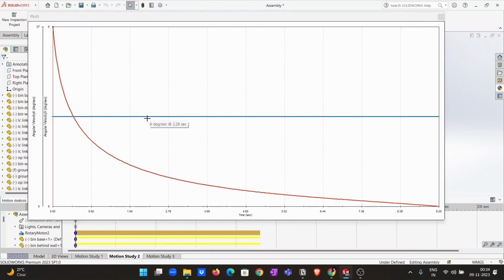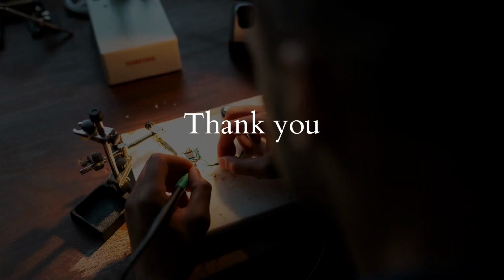And at last, this is the plot of angular velocity of bin tilt and the angular velocity of lock, showing how the locking link is rotating with respect to the bin tilt. So you can see the red graph denotes the locking link angular velocity, and the blue line denotes bin tilt angular velocity. That covers all the points and simulation synthesis to be shown according to the